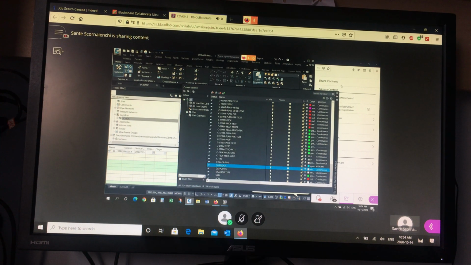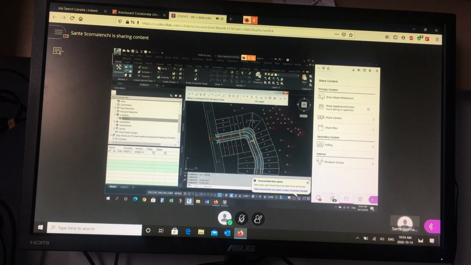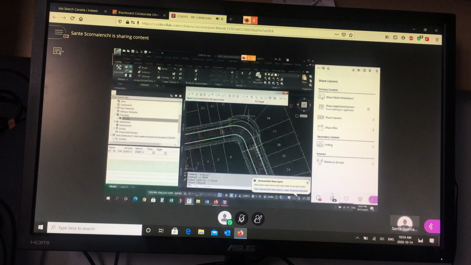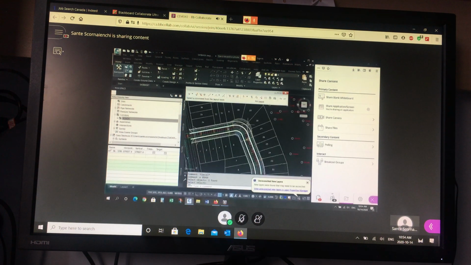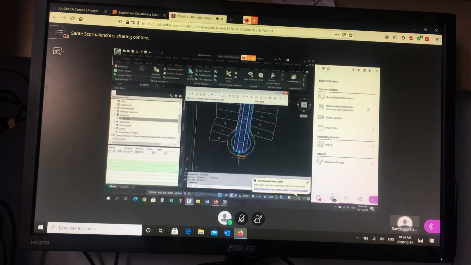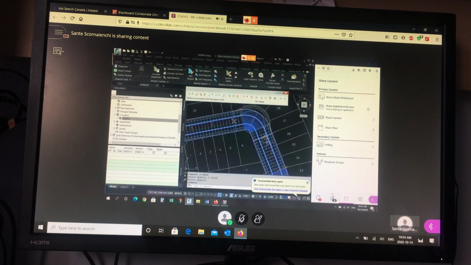It puts it on layer 0, but we don't want to freeze layer 0, so I created the corridor layer. What you'll notice is when you go around the curve where the elbow is, and when you go to the cul-de-sac, your standard 20 meter right-of-way goes through, your standard 20 meter right-of-way goes around, and it's not